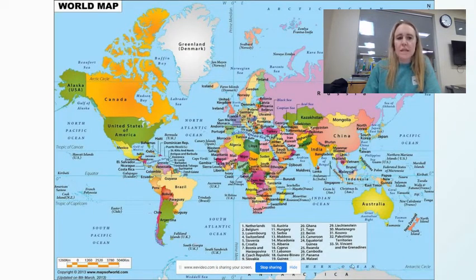And so as I take a look at this map, it may not be this map, but you're probably pretty familiar with the political map of the world. And every country, like I mentioned, may be a different color. It is labeled with the country name, maybe the country capital, and so on. And so we're going to spend some time this unit talking about how these boundaries are created. Who creates these boundaries? How do they go about creating the boundaries? And then what is the significance of those boundaries?